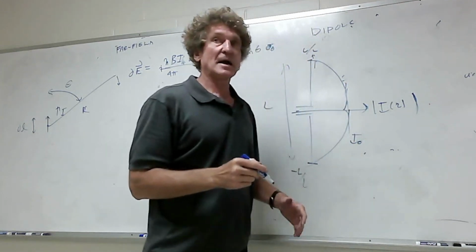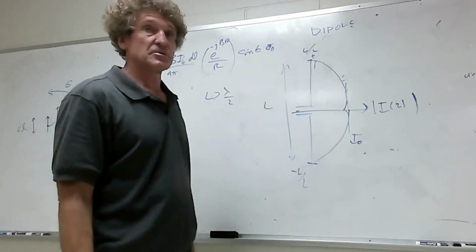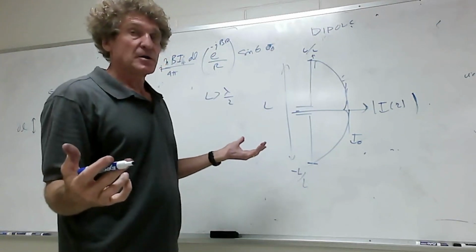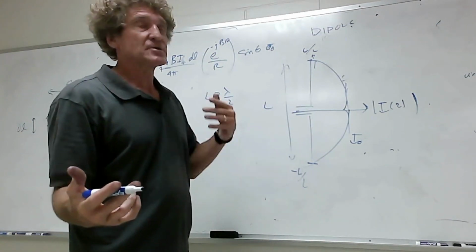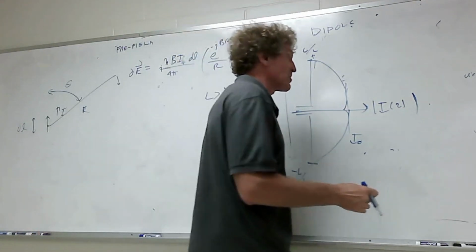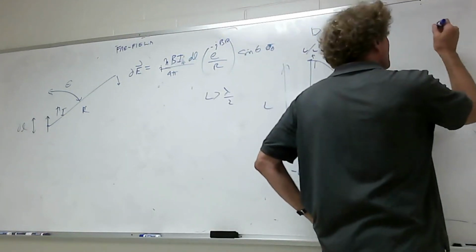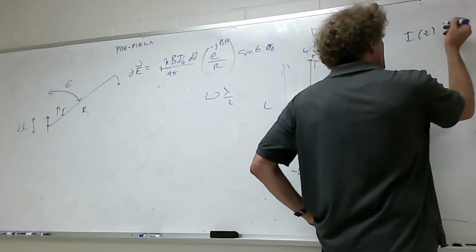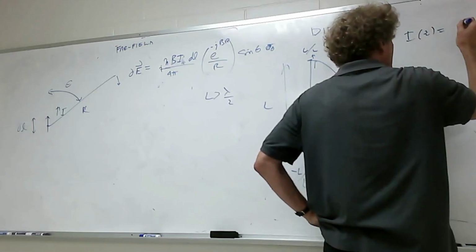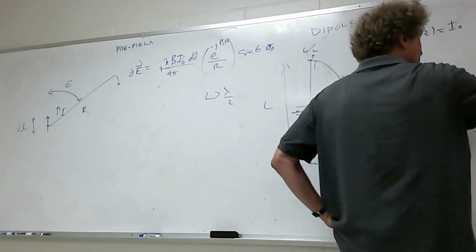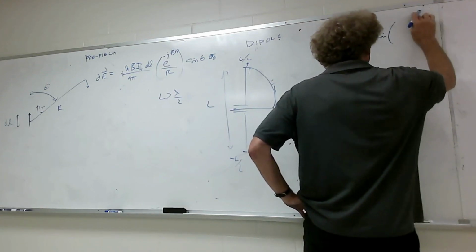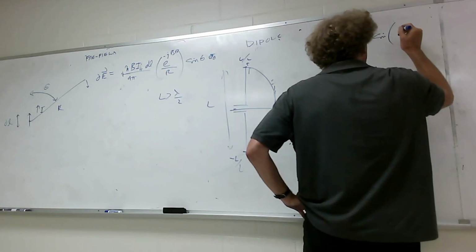But if you were to try to solve mathematically for the current distribution on that, knowing that the radiated fields were going through the whole nine yards, you're going to find it's intractable. There's ways to do it by doing series expansions and all that stuff, but there's not a simple closed form solution for the current. But what we know it is approximately is the I on any short dipole, or not short dipole, any dipole, is actually going to be of the form of some I naught. This is in his book. You're going to see a sine here, and the way he does it in his book,